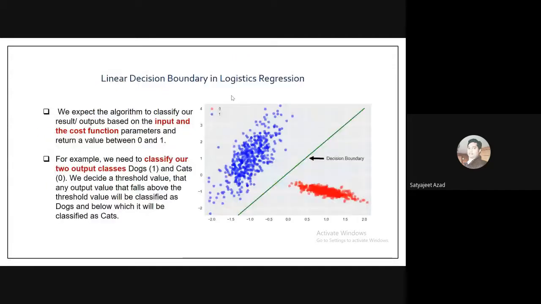This visual is also important. For example, take an example of a company you are working in, and your management is trying to predict whether an employee is going to churn. So 0 could be churn, 1 is not churn. And this is a decision boundary, based on some features you have calculated. There are two class levels, basically 0 and 1. 0 is churn and 1 is not churn.